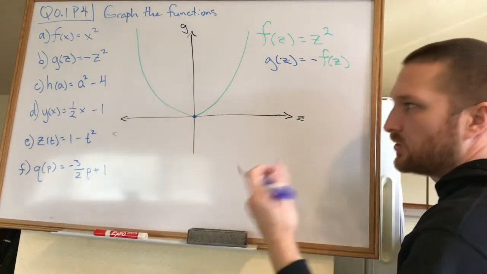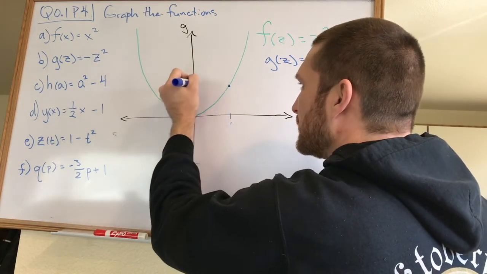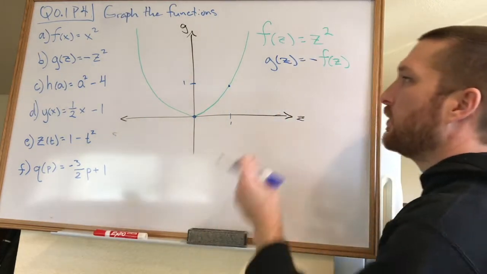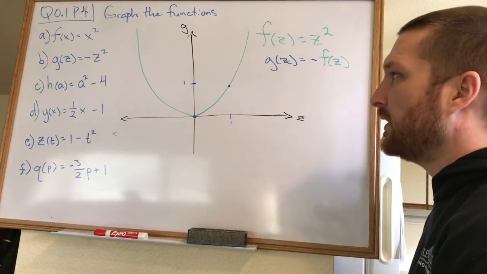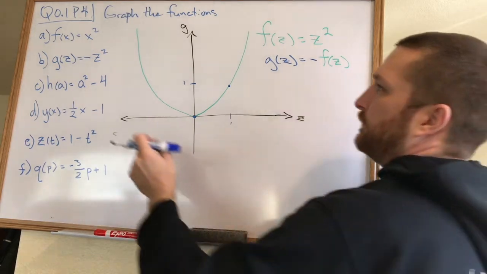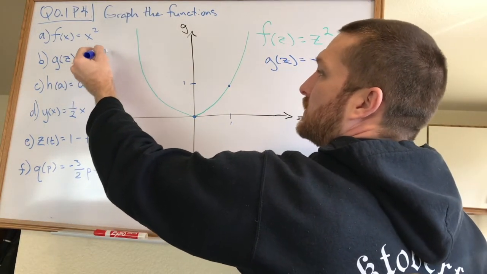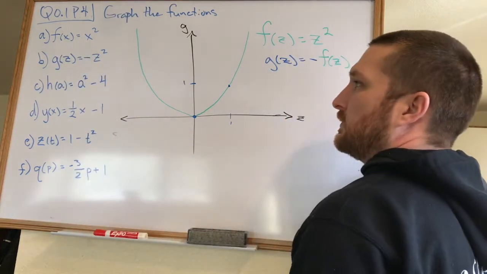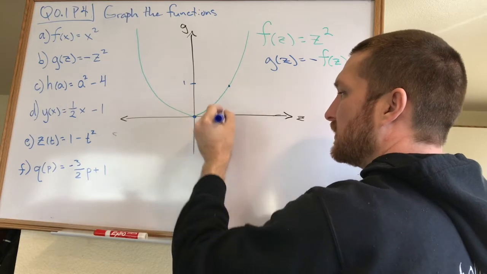Now let's try with 1. It used to be you plug in a 1 and you get out a 1, right? With the original f of z. Well, now we're just saying, okay, plug in a 1, you get 1 squared is 1. Now make it negative. Oh, okay, well, I would get a positive 1, but now it's just going to come down here